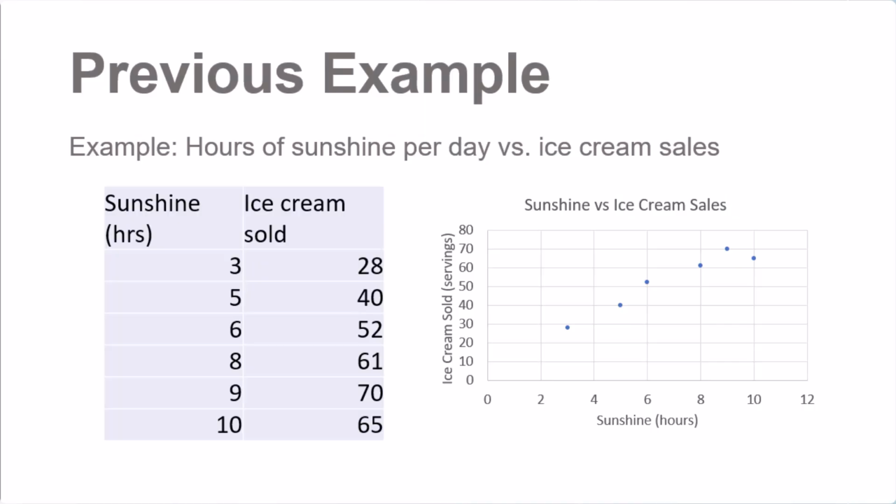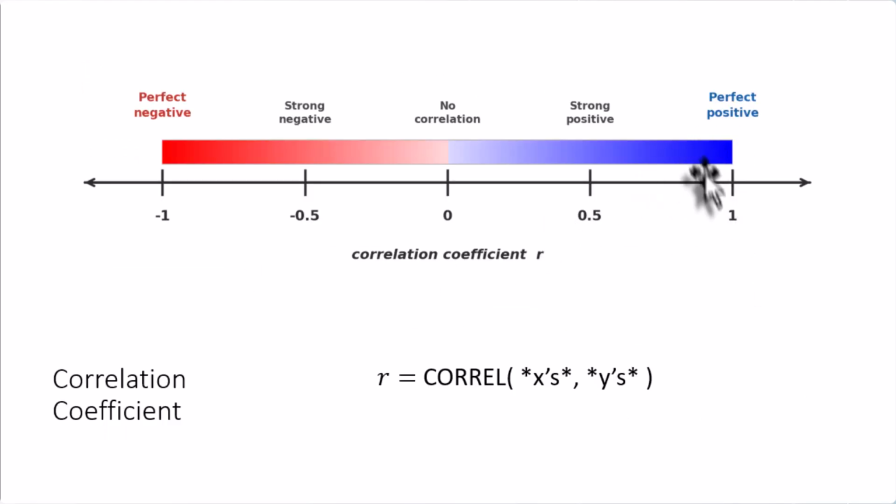So just visually speaking, looking at our scatter plot from the sunshine and ice cream sales, these dots do show a pretty clear trend up and to the right, but there's a little bit of variation. If I drew a line in between them, we see some of the dots would be a little off of the line. So this is not perfect positive correlation, but it's likely going to be something close to a +1, maybe like a 0.9 or something like that. So you can get values anywhere between -1 and 1, but the closer to 0 the values are, the less linear correlation, the less association there is between those variables, and the closer to 1 or -1, the stronger that